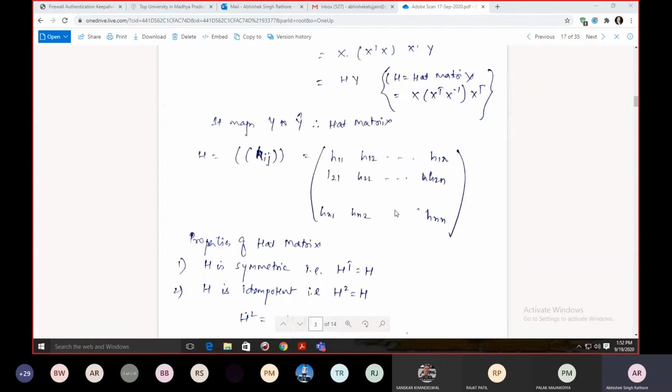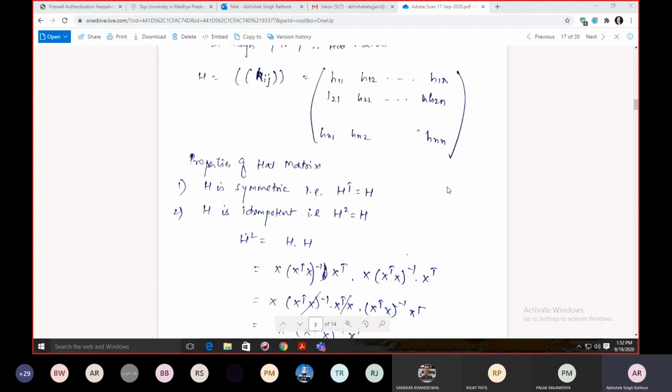And what are the major properties or the salient features of this hat matrix? This hat matrix is usually symmetric in nature. So when we take the transpose of H, again we get our original H matrix. So this is symmetric in nature, and H is an idempotent matrix. That means even if we go from H square or H cube and H to the power 4 and so on, again you will get only the H. So instead of H square or H cube, it gives you a single H matrix, so your value doesn't change.